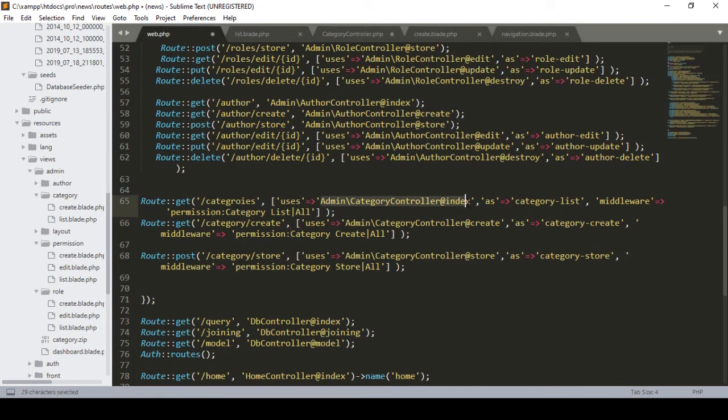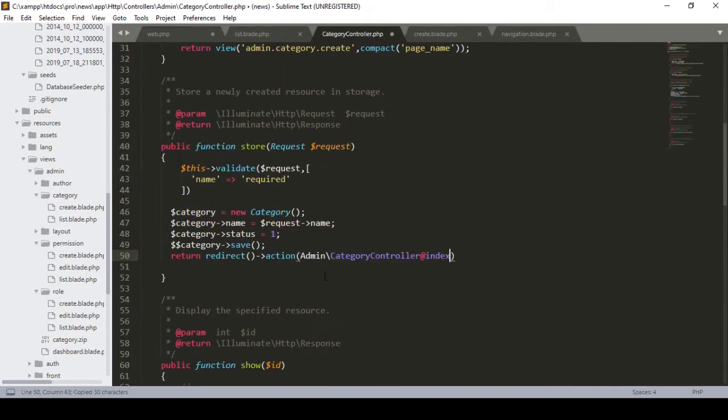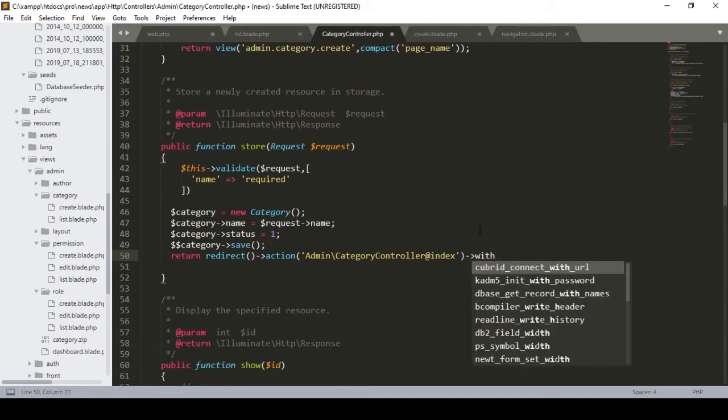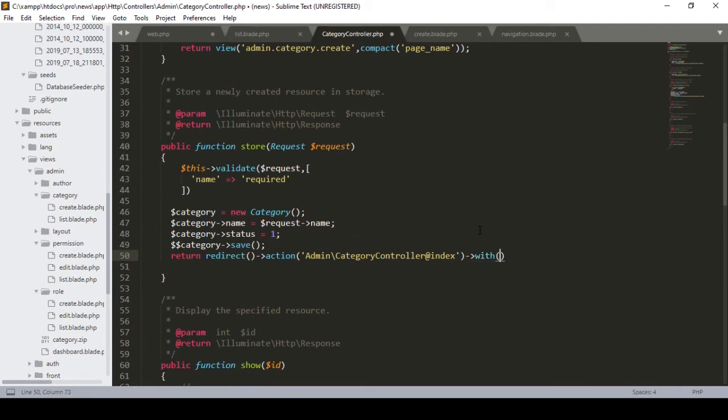Okay, so here I'm just defining it. I just copy it, and in that particular position I put that action. We have to add the things with single quotation marks. Okay, and now here I also want to show some message, like here I'm defining it with the with. Okay, so here I'm defining one of the success,